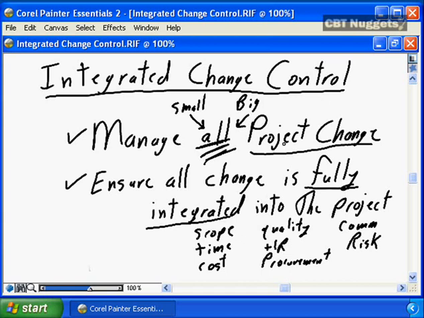So each change, small or big, needs to be reviewed to determine the impact it has on the scope, on the time, on the cost, on the quality, and so on.